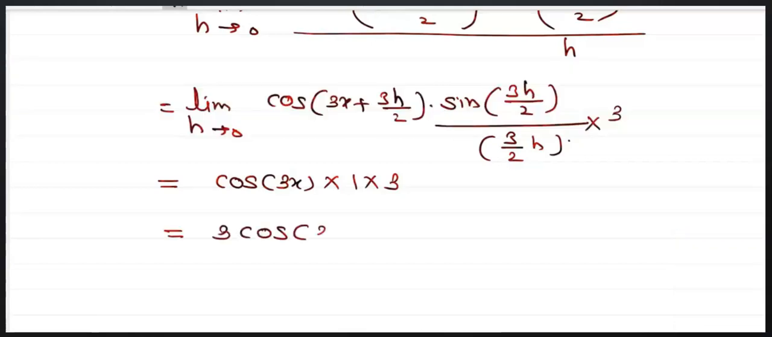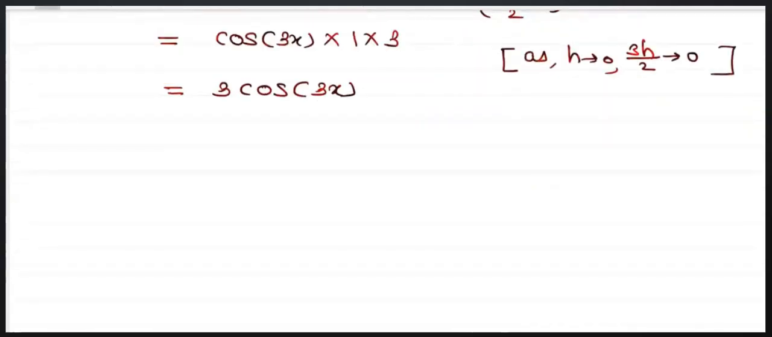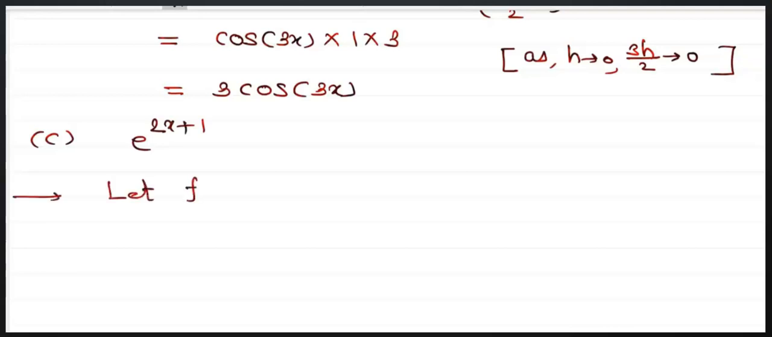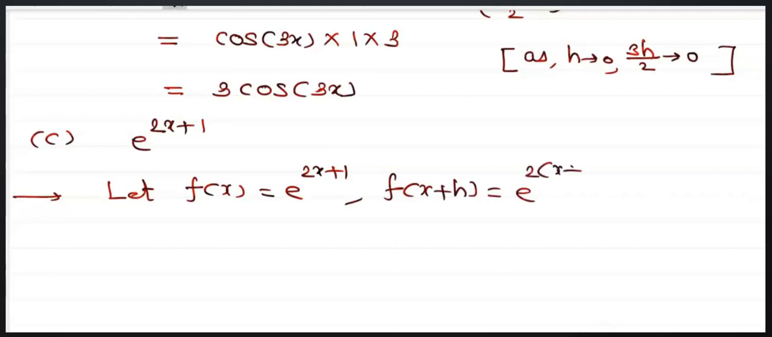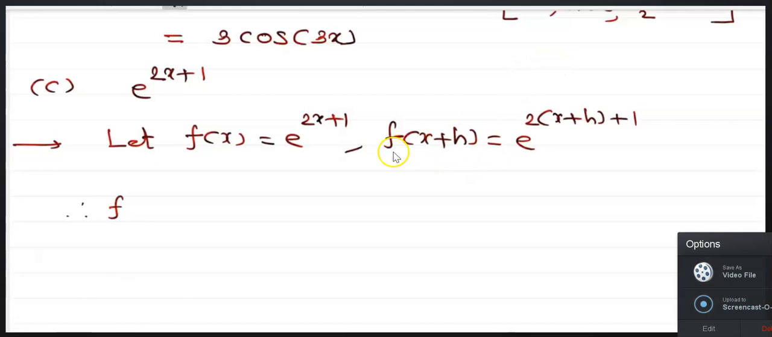Therefore, the derivative of sine of 3x is 3 cos of 3x. Now see, e raised to 2x plus 1. Again, f of x is equal to e raised to 2x plus 1. Therefore, what is f of x plus h? Now here f of x plus h is equal to e raised to 2 in bracket x plus h plus 1. Now here again we apply the formula for f dash of x, which is equal to